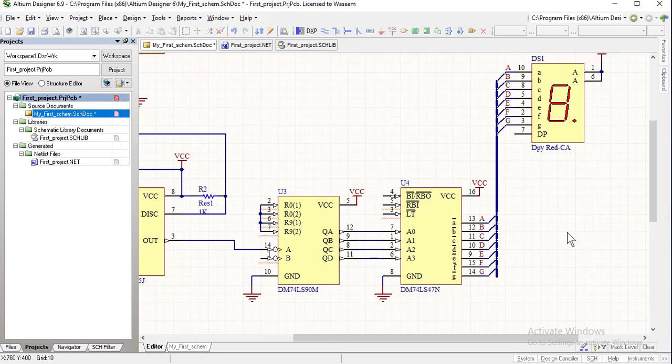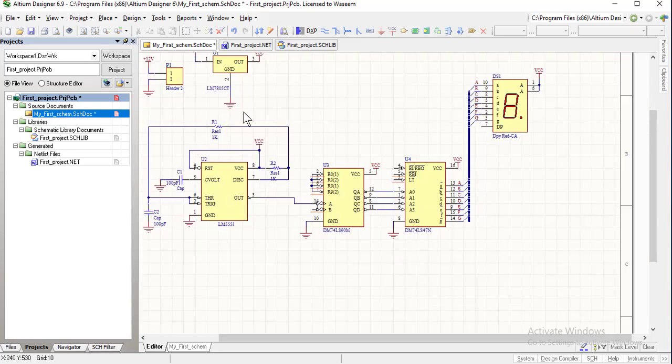If the schematic is very big, we can't fit it in a single page or a single document, so we may need to split the schematic into 2 pages or 2 sheets. Now we are going to discuss how we can create multiple sheets or multiple schematic documents.